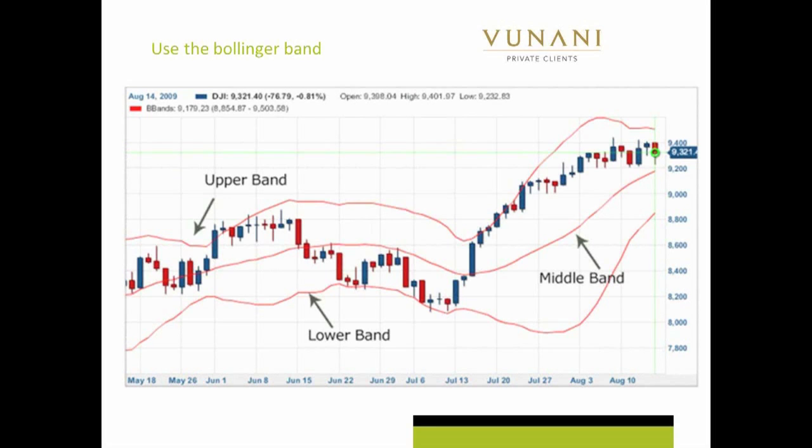Let's have a simple look at Bollinger Bands. This is just a nice visual on the Dow Jones, and it shows you what Bollinger Bands are supposed to do for you. In the middle here, you generally have your 21-day moving average, and prices tend towards and away from it. The upper band measures all the highs. As you can see, the highs always tend to go towards the higher band, and the lower band measures all the lows, as I was telling you. And the midpoint over here generally should be where the price is trading.